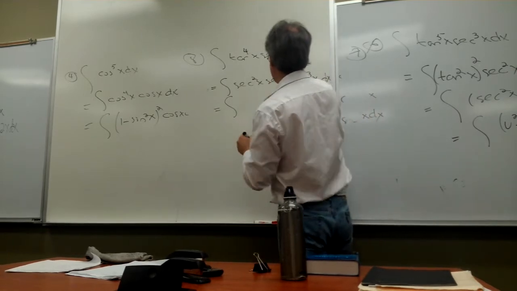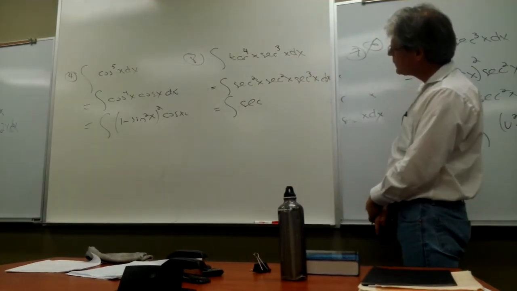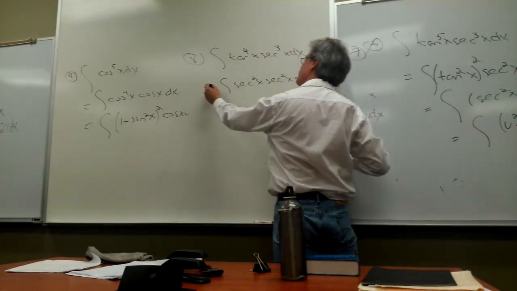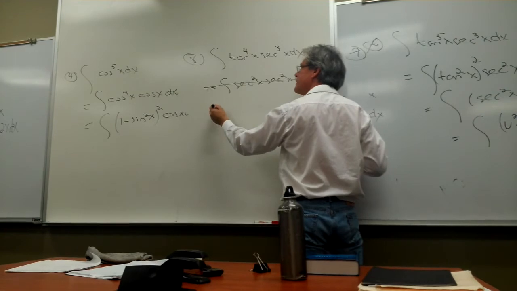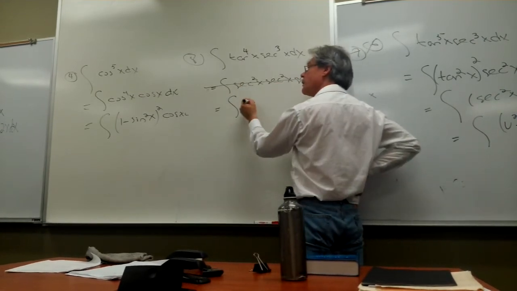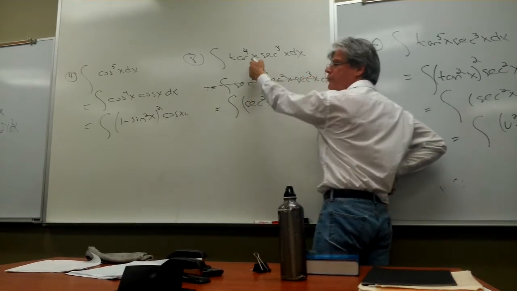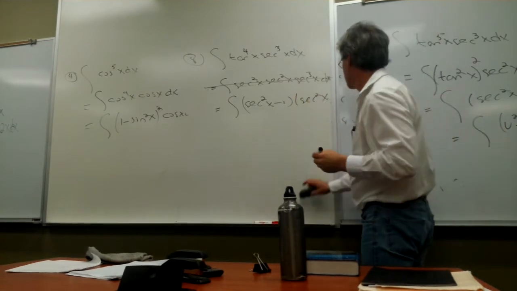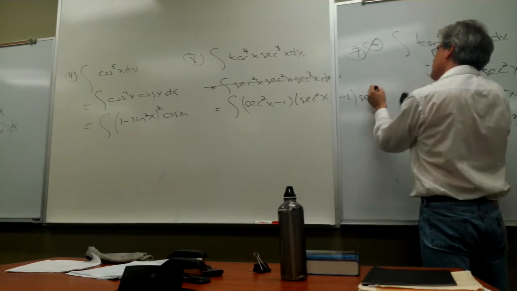I misspoke, didn't I? I meant to rewrite a single secant factor. Did I make a mistake again? Man, what is wrong with me today? Look what I've written on the board with my line through it. What did I really mean? Here's a tangent squared. Here's a tangent squared. But those are equivalent to secant squared minus 1. Oh, well, that's one of them, one of the tangent squareds. Here's the other one. Oh, shoot, I missed a few, didn't I? I guess there's one here. There are 3 of them here.